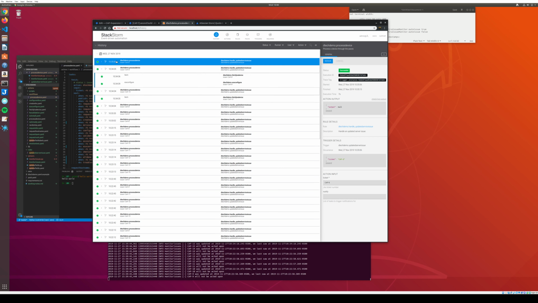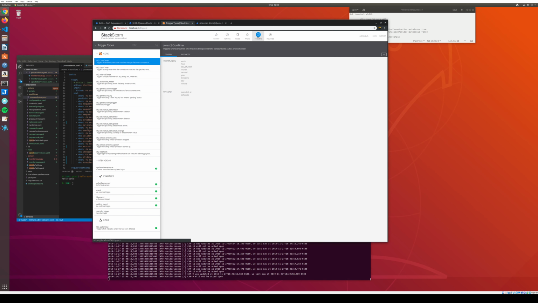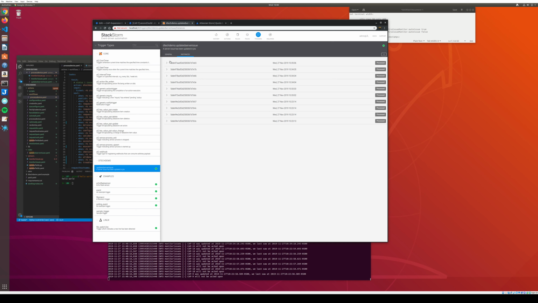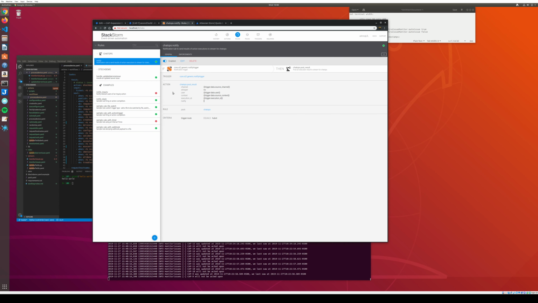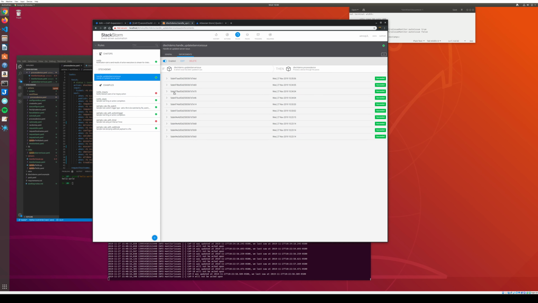unfortunately these pages don't auto refresh, so when you get to them they might be a little bit stale. Jira's the same way, but I won't get into it. But you can see every time a trigger, all the instances of that trigger going out, and then the rule that enforces it. You can see every enforcement of a rule, and it gives you an execution ID and stuff, which is important if you're troubleshooting. You can actually pull up the details of that execution ID,